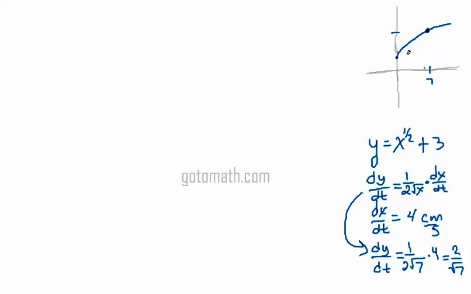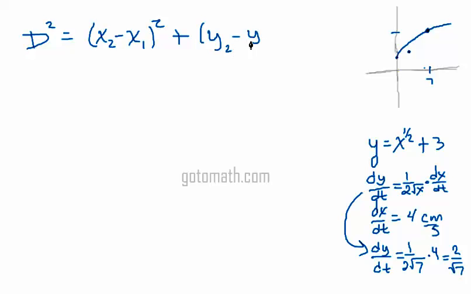We're talking about the distance changing between this point and here. So what we're going to be using is the distance formula. And I'm just going to go ahead and write that out right here. So we have x2 minus x1 squared plus y2 minus y1 squared. And then we're going to take the derivative of this thing